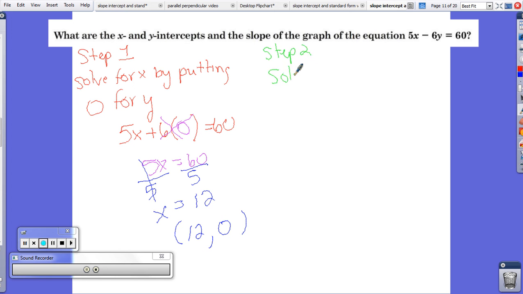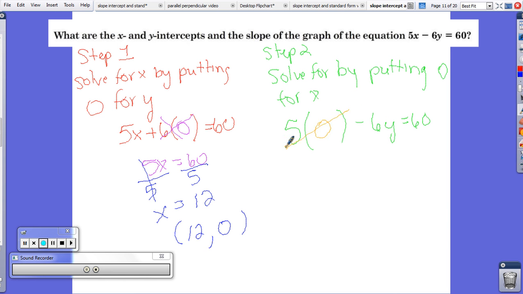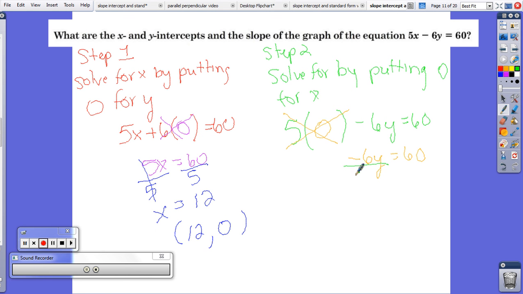We're going to solve for y by putting 0 for x. So now we have 5x minus 6y is equal to 60. And when we put in a 0 right there, right, 5 times 0 is 0. So then we're left with negative 6y is equal to 60. Divide by negative 6. Divide by negative 6. These cancel. Y is now equal to 60